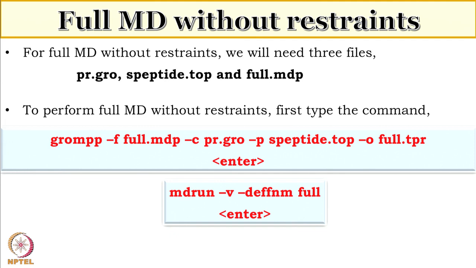Okay. And what are some of the difficulties we come across when we do these things? This is a large peptide, so while you generate a topology file, you have to specify a large number of bond lengths in it. You may or may not have a topology file for a protein or a peptide, so you have to create it manually. You have to add the bond lengths and bond angles in the bonded and non-bonded files, and from there you generate a topology file. So it does give a lot of errors while creating a topology file.